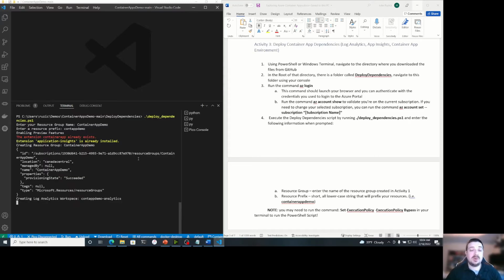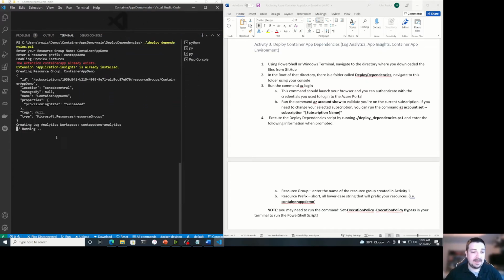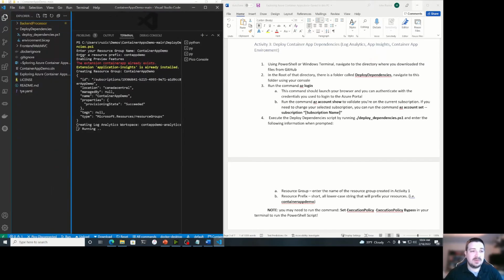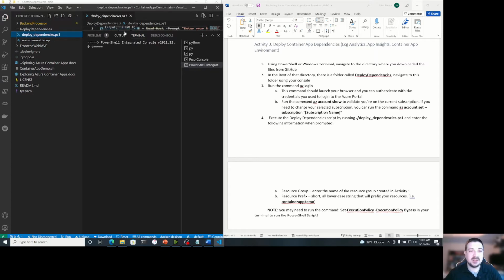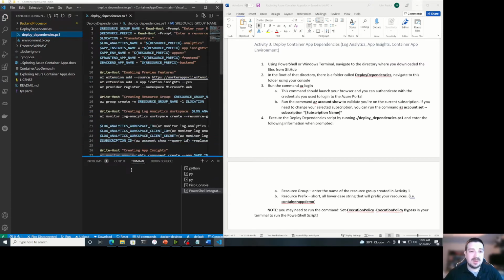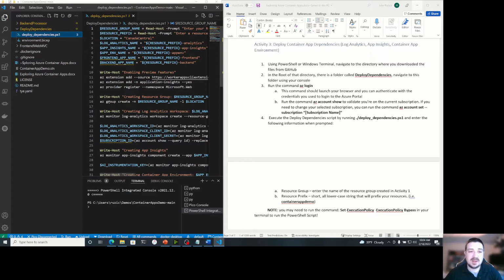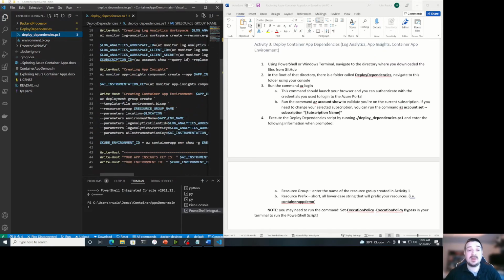So this is going to go through, and it's going to create our resource group, which has already been created, which is fine. It knows that it's already been created, so it's fine. It's then going to create this log analytics workspace. And all of the code for this you can view in this deploy dependencies PowerShell script. But the key thing here is we're just running AZ commands,